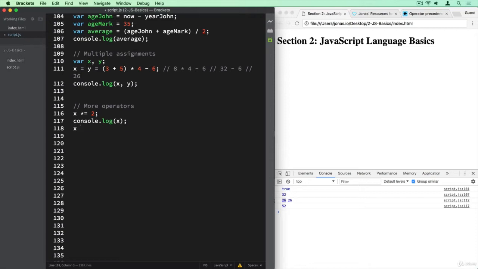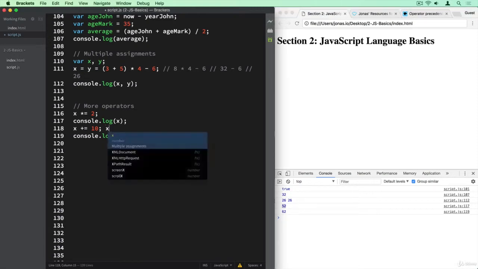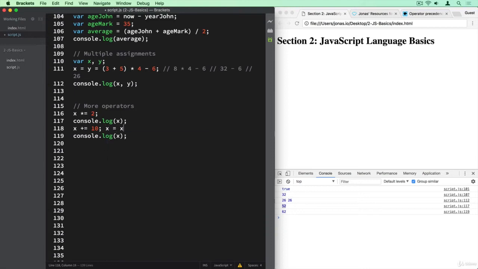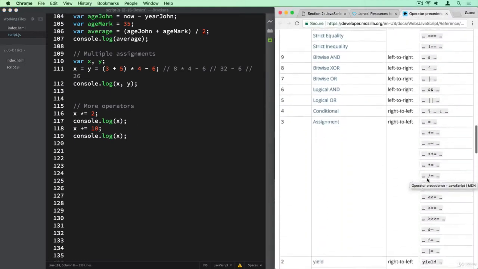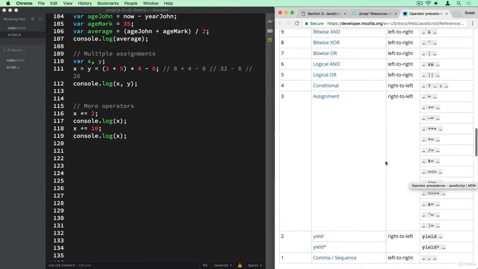So we can say x plus equal 10. And so what do you think this will turn out to be? And I hope that you guessed 62, right? So that is 52, which is the result from before, plus 10. So it's the exact same thing as writing x equals x plus 10. All right? So that makes our lives a bit easier. And these operators, you have them down here in the assignment section, because they are actually assignment operators, just like